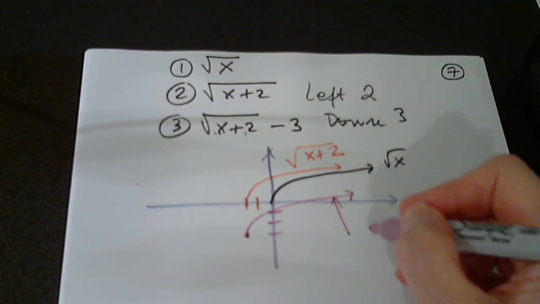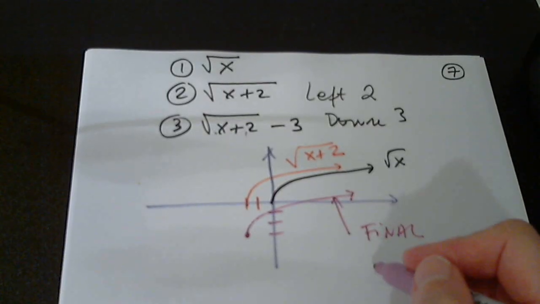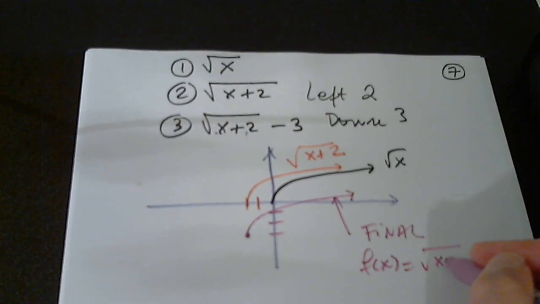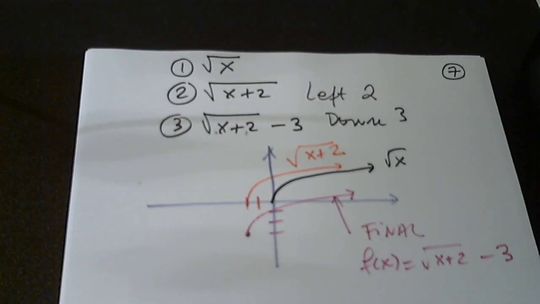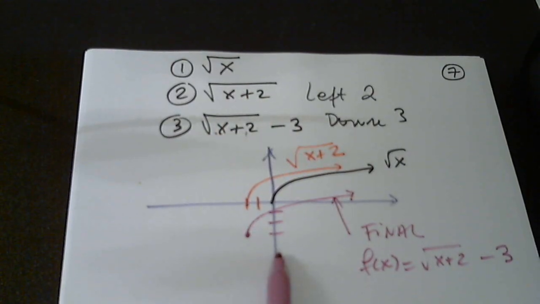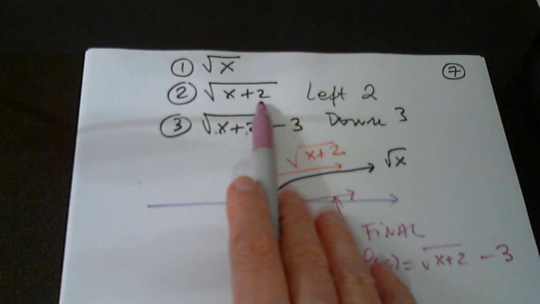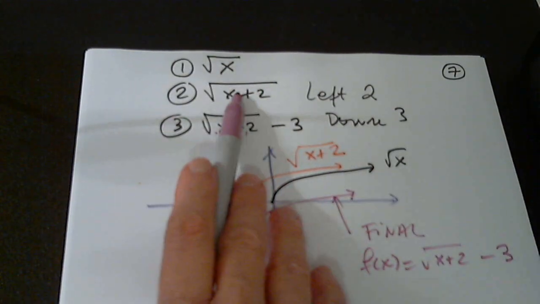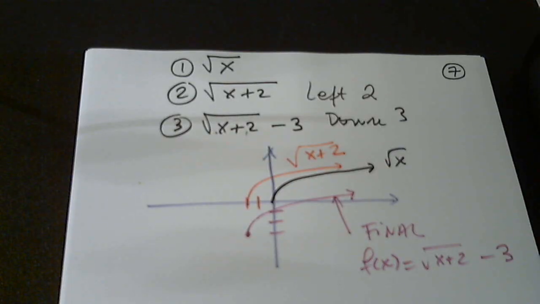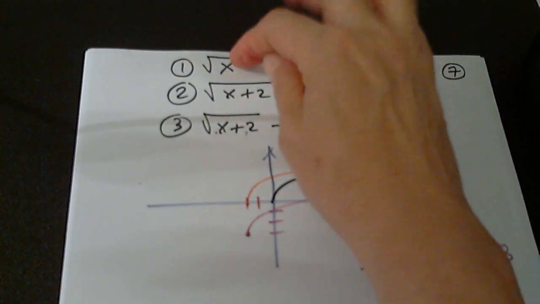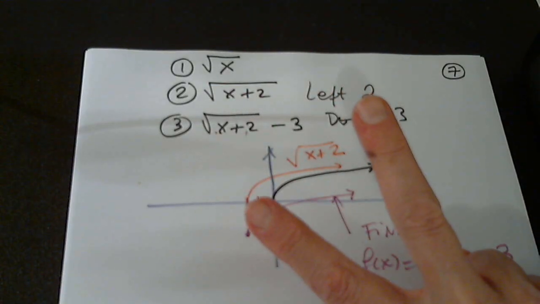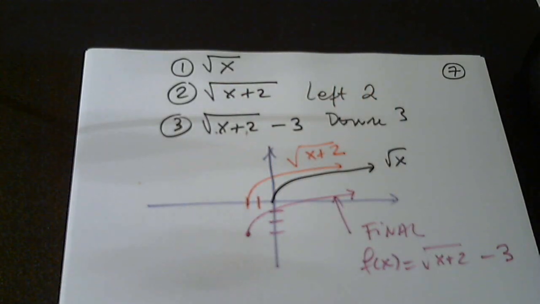So this is the final graph, which is f of x, the square root of x plus 2 minus 3. I graphed the base function, shifted it 2 units to the left, and then shifted this down 3. So from a very simple function, we used 2 different transformations to create a more complicated function. Okay,